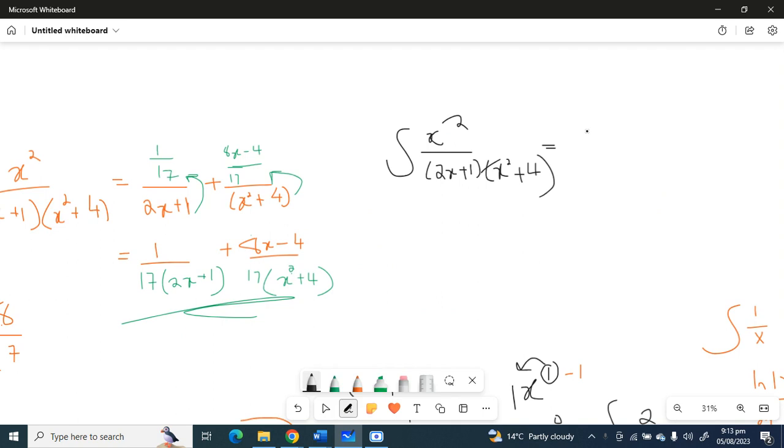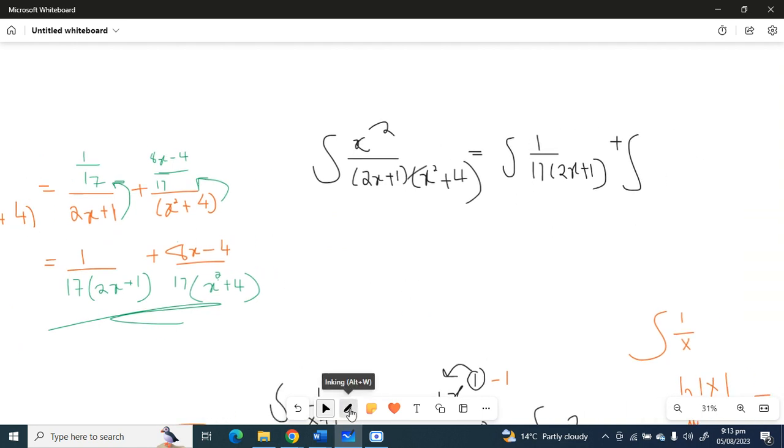Okay, so here we need to integrate. When we decompose this expression, we had 1 over 17 brackets 2x plus 1, plus we have to get the integral of 8x minus 4 over 17x